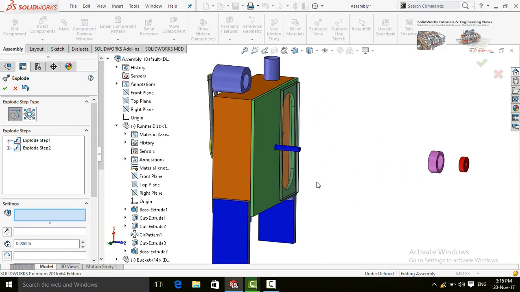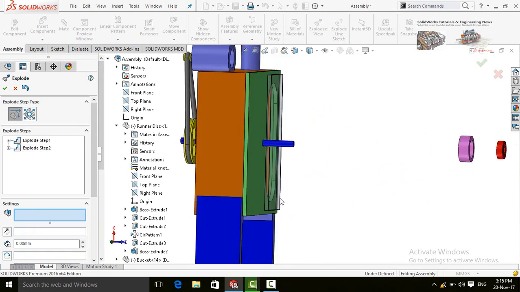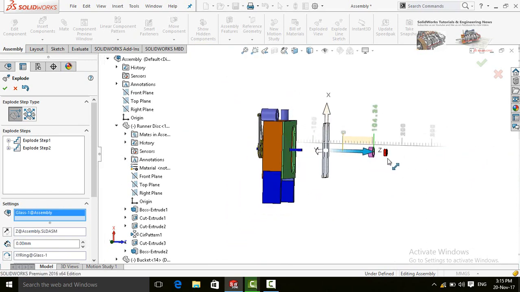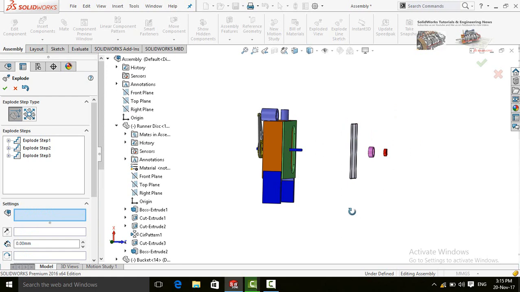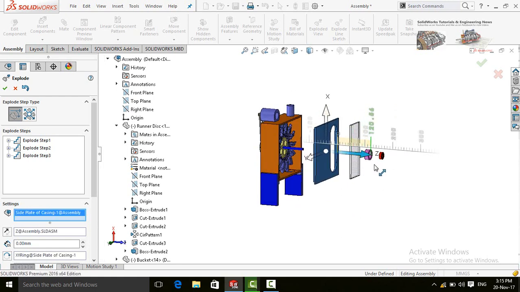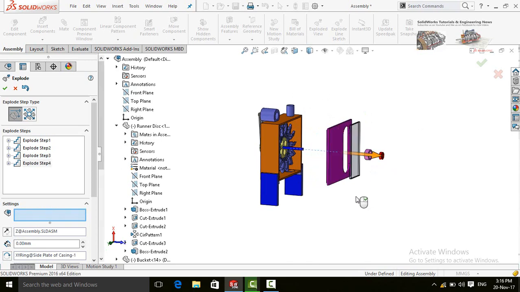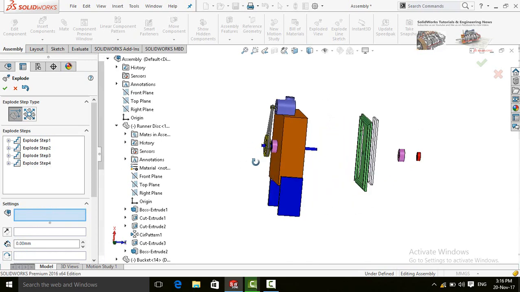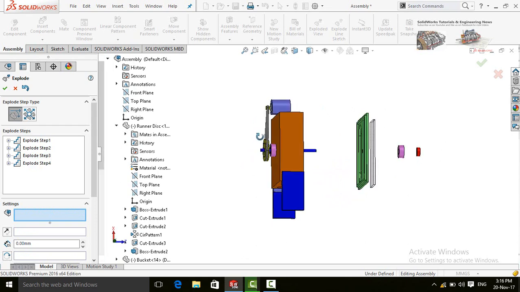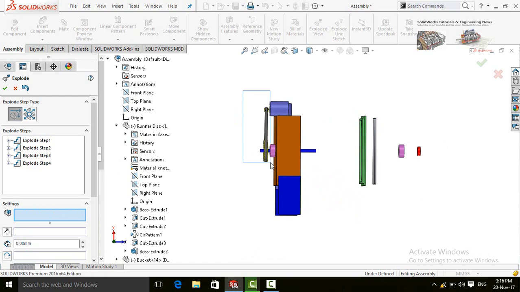Now we have the side glass. Then the side plate. Both of these pulleys with the belt.